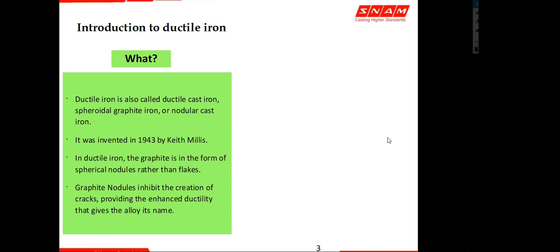Graphite nodules, which are round in shape, spherical in 3 dimensions, inhibit the crack initiation and propagation. So the cracks which get initiated will be stopped by the presence of round nodules, or it doesn't let the crack initiate in the casting. This way, the round graphite structure gives added strength to the cast iron. So ductile iron has a better strength than grey cast iron when we compare 1 to 1. Because of this, you get the matrix, and you get the ductility also because of the round nodules present. This morphology of graphite, round or spherical nodules, gives good strength and good ductility to the cast iron.